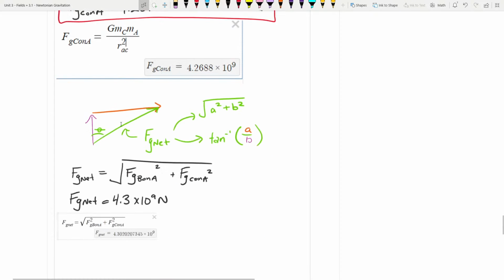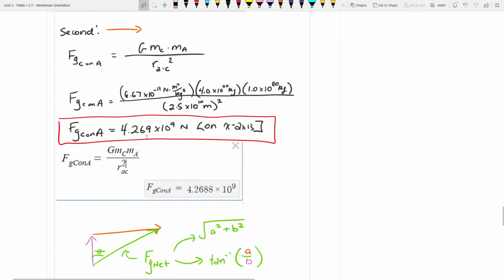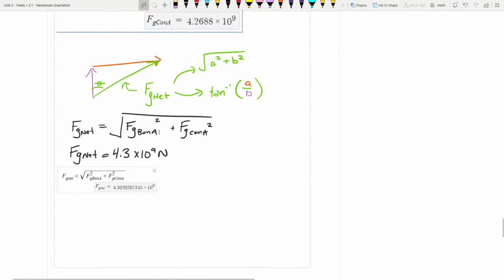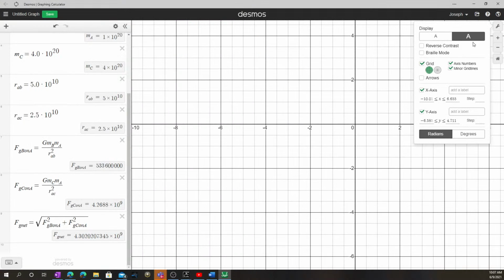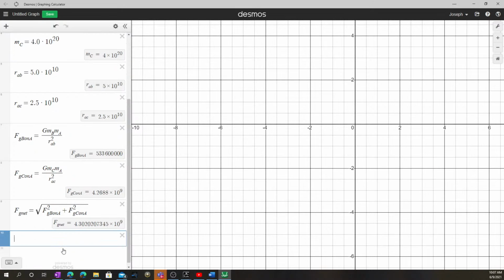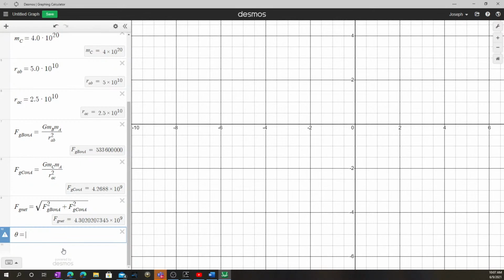So that would be opposite over adjacent. So that would be C on A over B on A. So we can say theta is equal to the tan inverse of FG C on A divided by FG B on A. And with that, we can just plug it in, make sure we're in degrees, and we can say theta equals tan inverse, which they call arctan, of